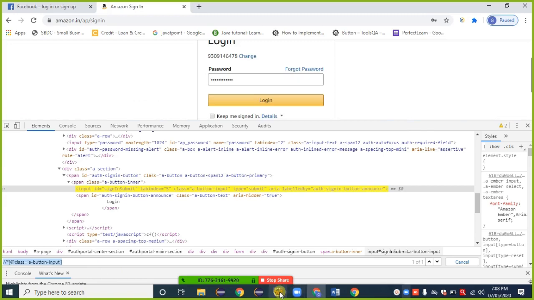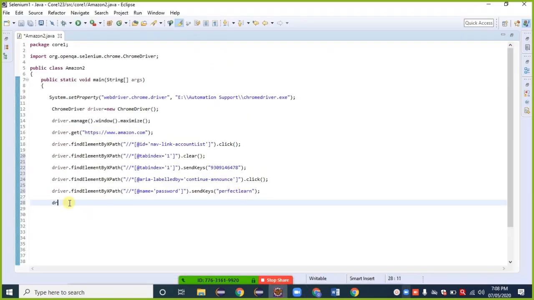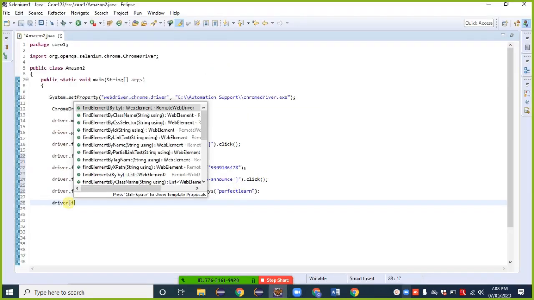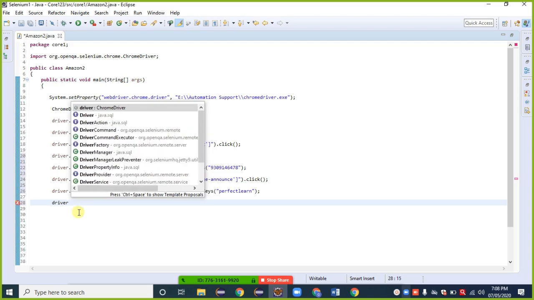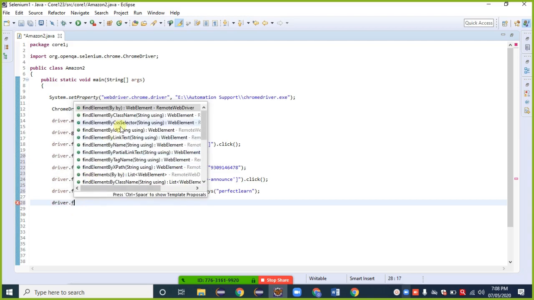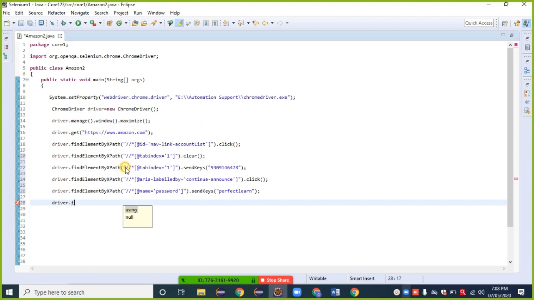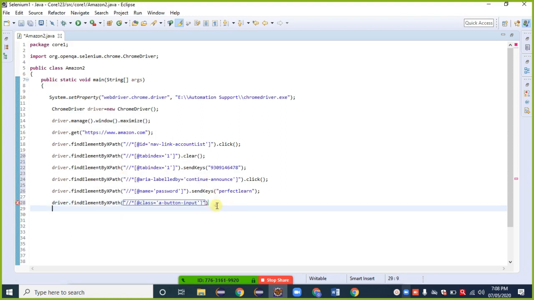Control C, Control V. Driver dot find element by XPath, value Control V, dot click.